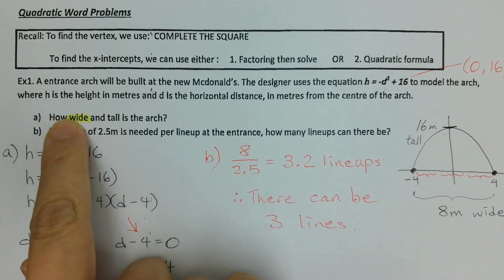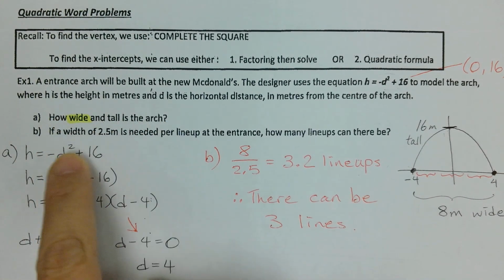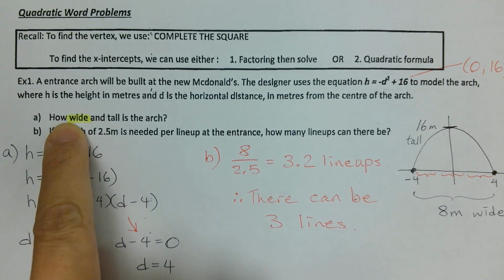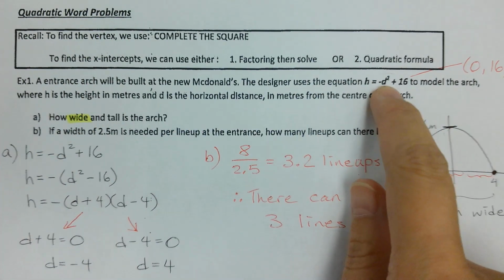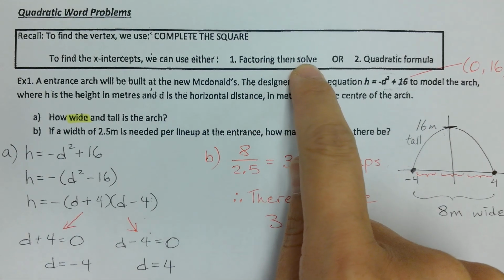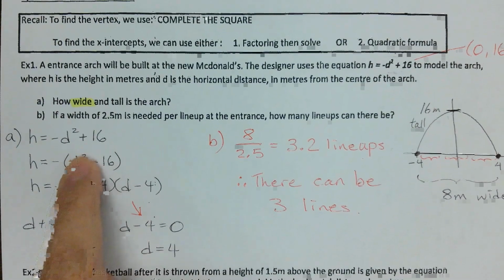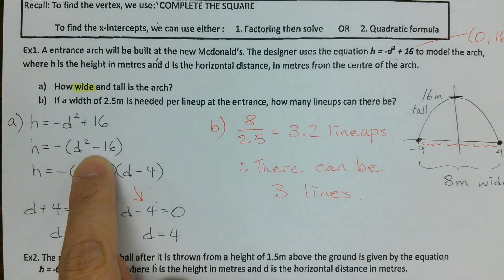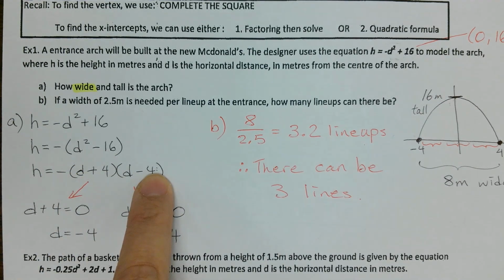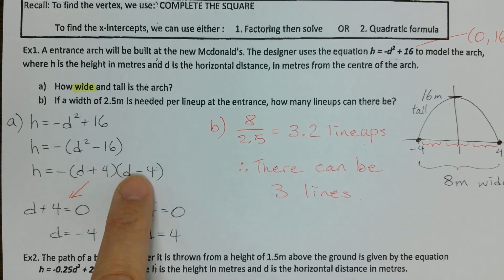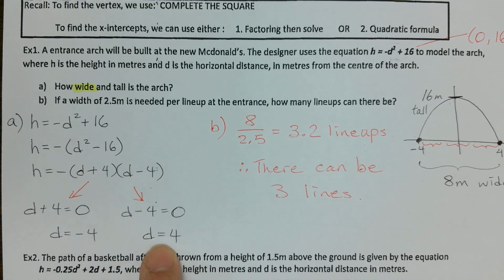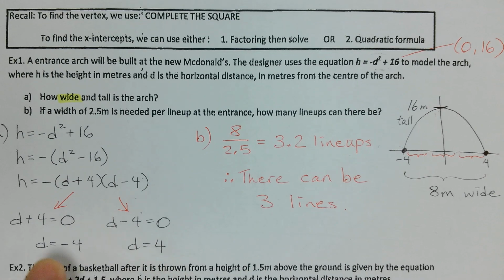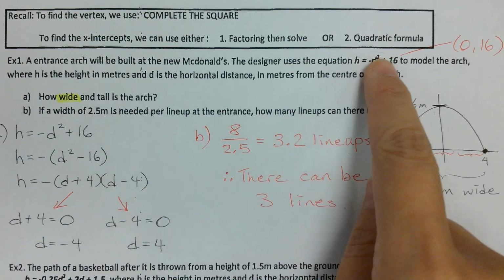Okay, so if the question asks how wide and tall is the arc, wide means you're looking for the x-intercept. So in this case, with the equation, I'm going to factor then solve. When I factor out that negative, I get d squared minus 16. So I get these two factors, and when I solve for d, I get -4 and +4. I'm going to take both answers because